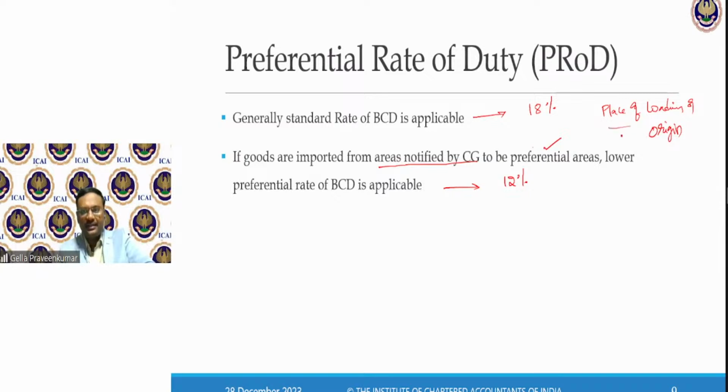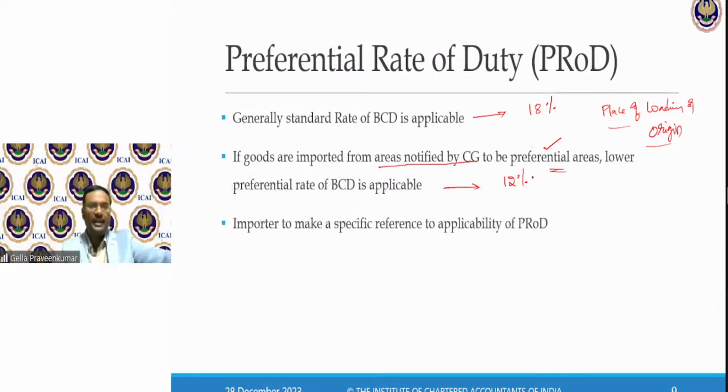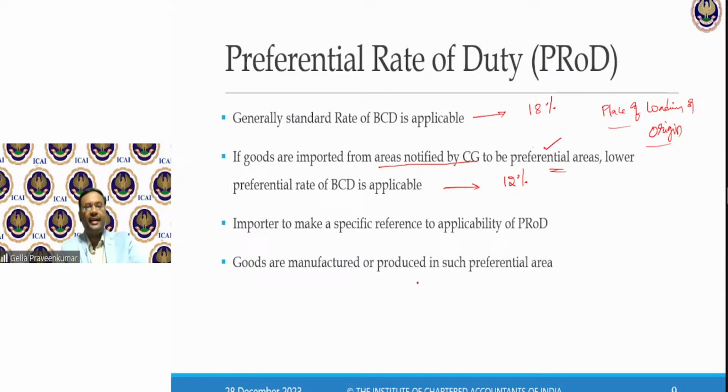This information is relevant for me to claim the preferential rate. The importer has to make a specific reference to the applicability of the preferential rate of duty. Goods are manufactured or produced in such preferential area.